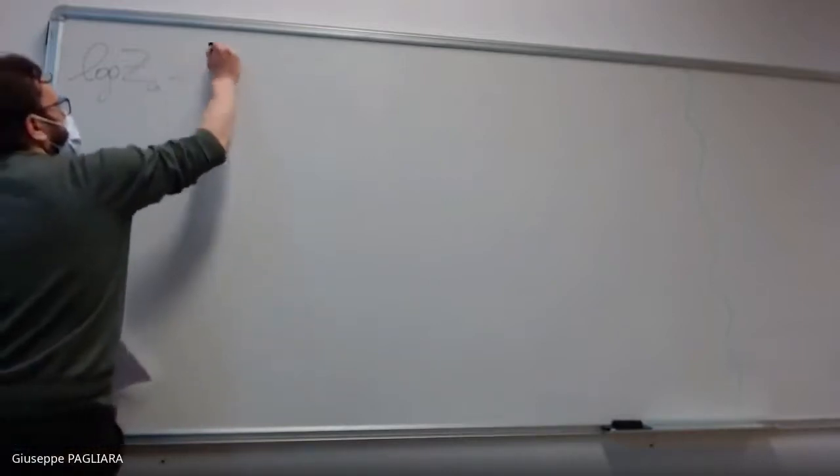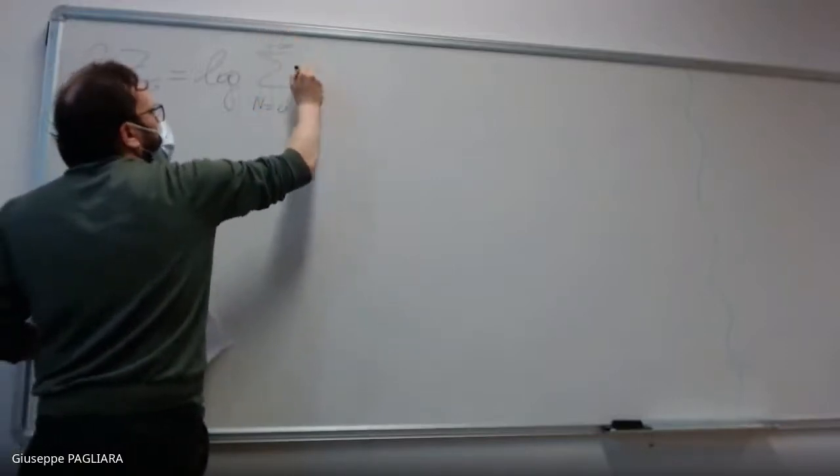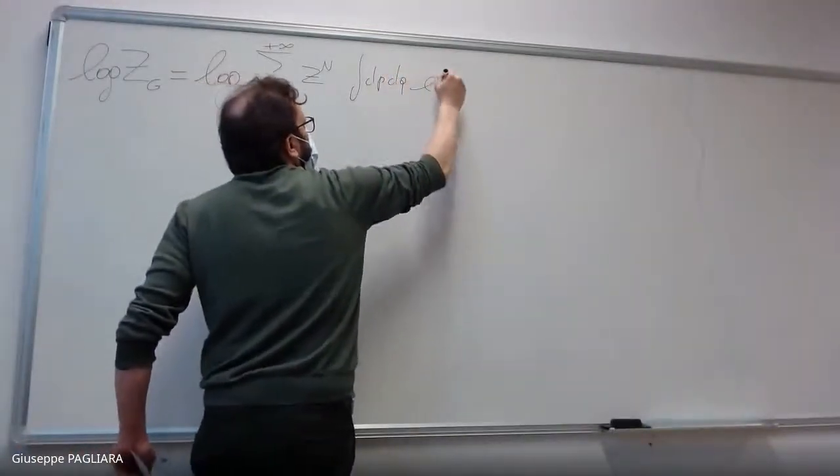So the first thing that I want to do is the following. When I compute the logarithm of this function here, by considering the definition of the grand canonical partition function, I have the logarithm of a sum over N and an integral over dq and dp, so an integral over the phase space. I have the sum of N from 0 to plus infinity, and if you remember, there was a Z to the power of N, the fugacity to the power of N. Then I have to integrate over dp dq e to minus beta E,